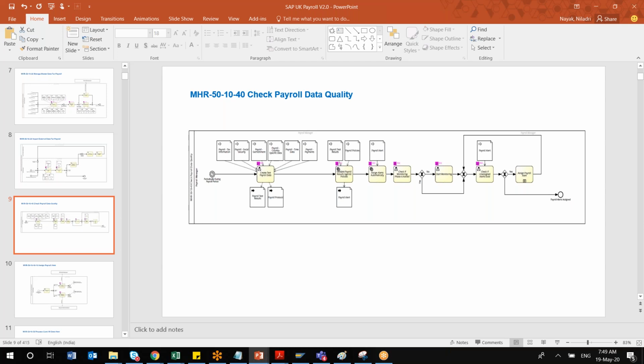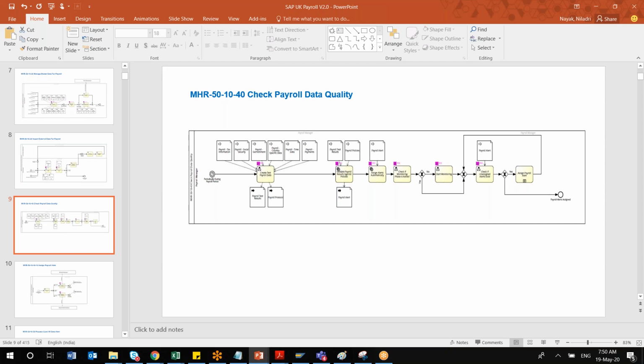Those options are available in EC payroll, but not in the on-premise payroll. When I say on-premise payroll, it is not connected to your SuccessFactors; EC payroll is not there. So how do we do these things in on-premise payroll? In on-premise payroll, we have a lot of reports, standard reports like the headcount report.